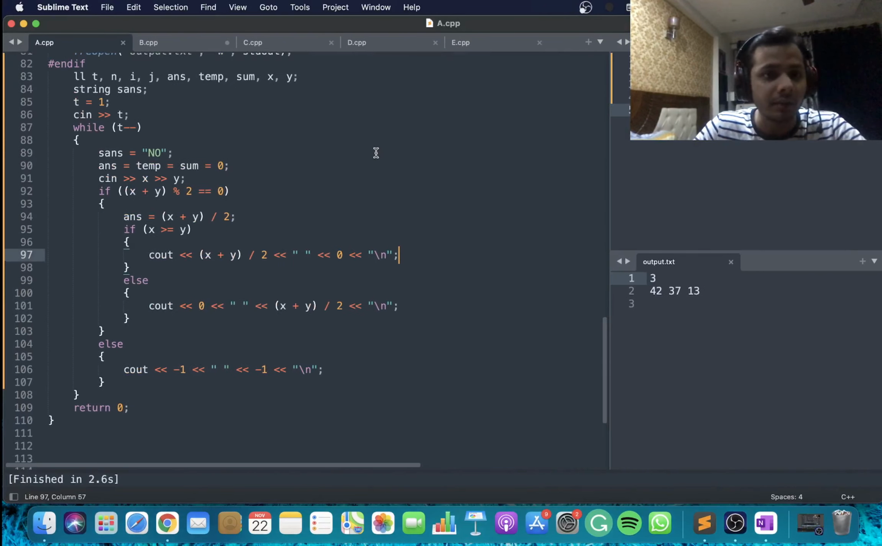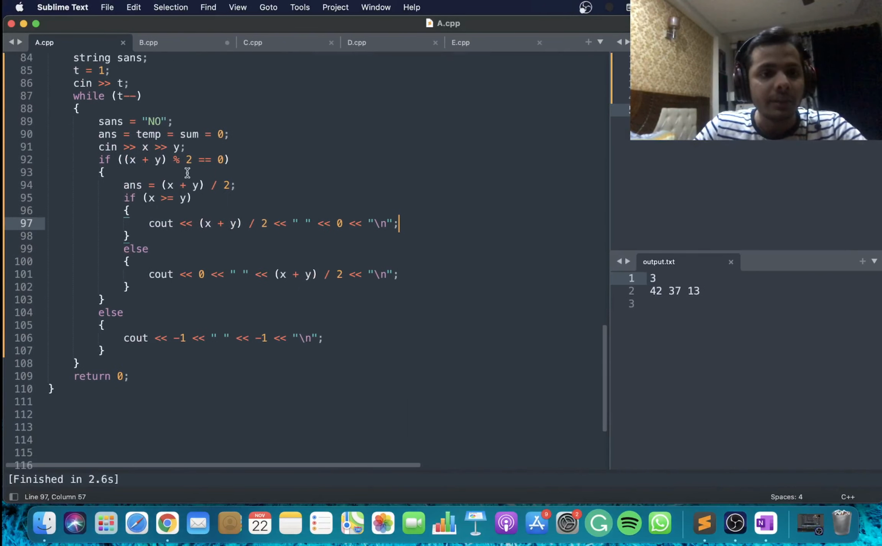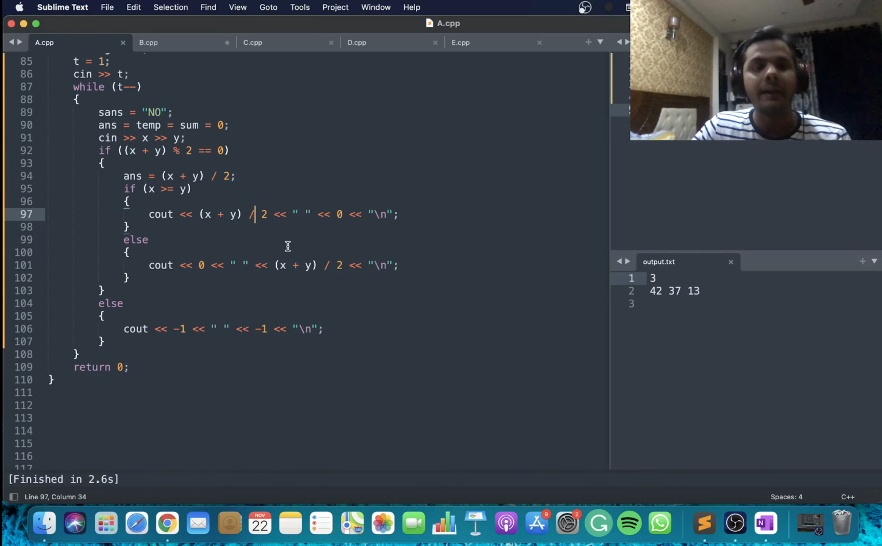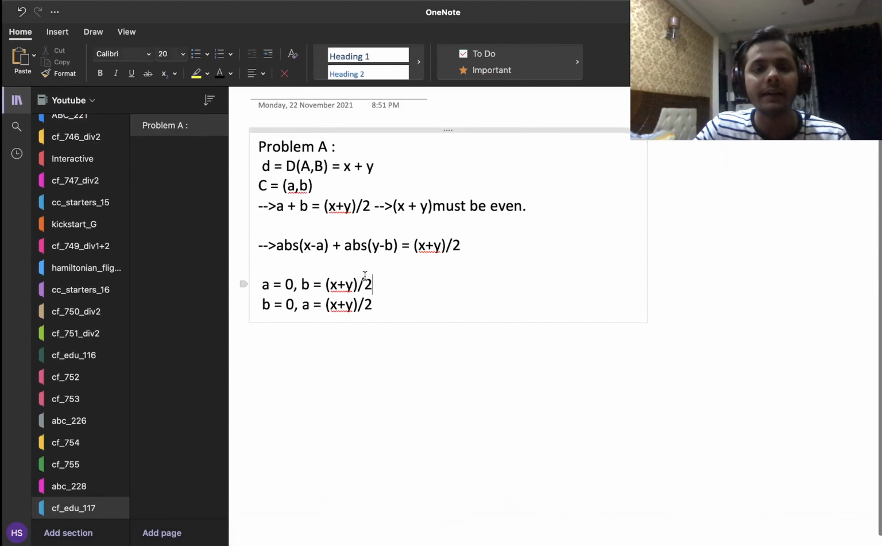So let's just have a look at the code. It's pretty simple. You take in x and y, and if x plus y is odd, then you just output -1 and -1. Otherwise, if x plus y is even and x is greater than y, you simply output (x+y)/2 and 0. But if y is greater than x, you will output 0 and (x+y)/2. And the reason for this is that